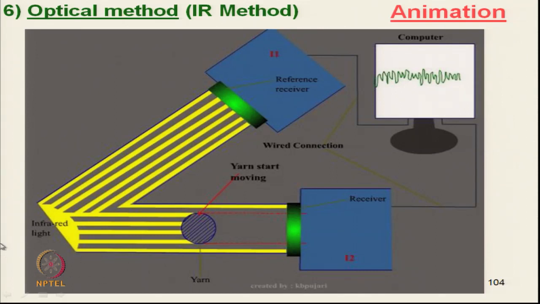Here the same infrared light of the same intensity is passing through two receivers. One is the reference receiver, giving I1, the actual intensity of light, and the other is the actual receiver, giving I2. The I2 value is less than I1 because it is partially blocked by the yarn, and the difference will show the actual yarn diameter variation. So, this is the simple technique here.